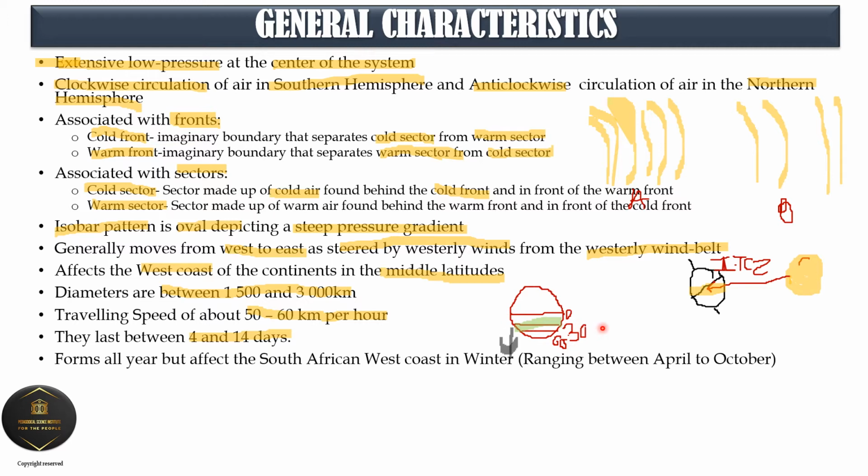That's why we say, even though the systems are there throughout the year, they do not affect South Africa in other seasons except winter. Why in winter? Because we know that the opposite of what we described there will happen. So what will happen is that you have the earth, sorry about the shape, and you have the tilt now. The earth will be tilted in that way if it is winter in the southern hemisphere, right? And our equator will be facing like that. And if this was Mr. Sun,